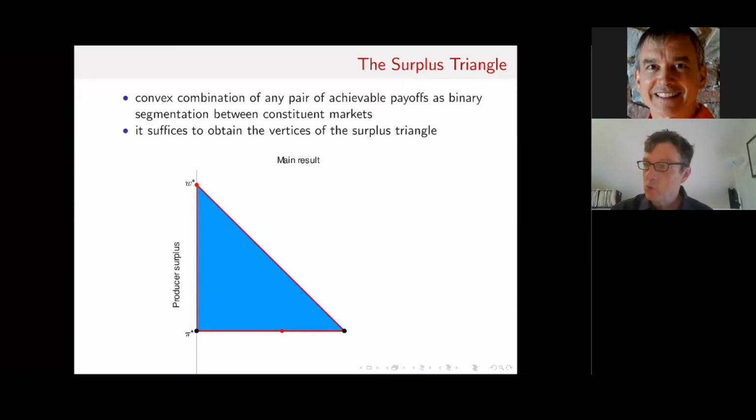But if not, then I'm going now to, after this geometric representation of the result, I'm now going to give you a formal model in which we can pose these questions, and then give you a formal statement of the result and give you some insights into the nature of the arguments that support that. Excellent.